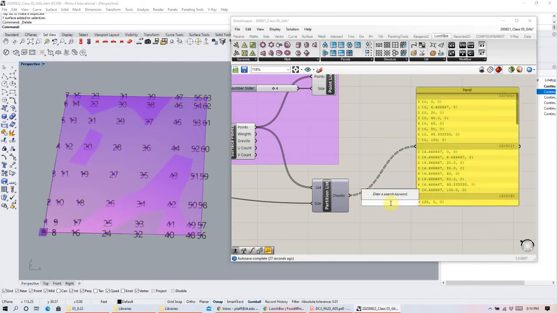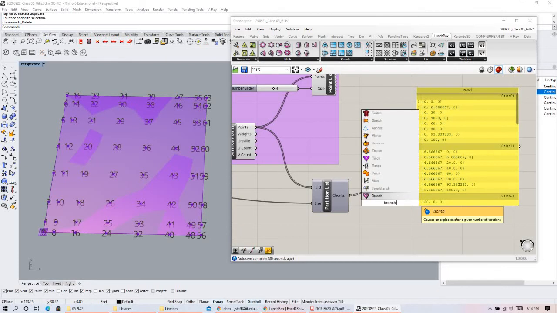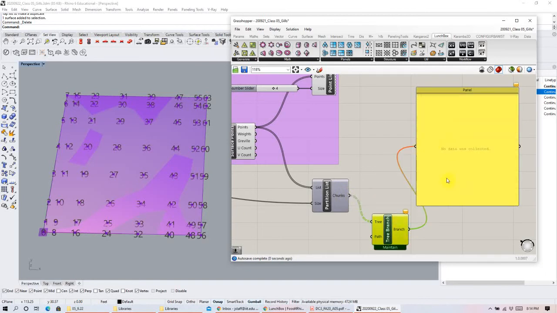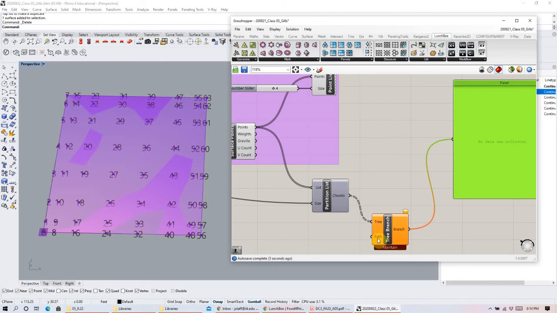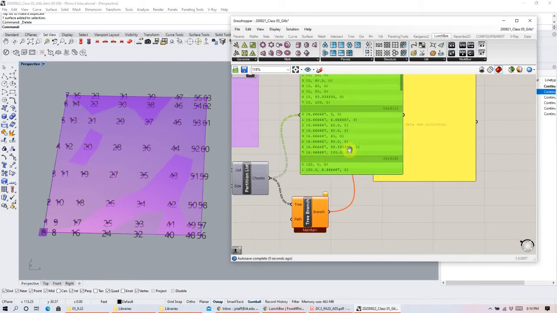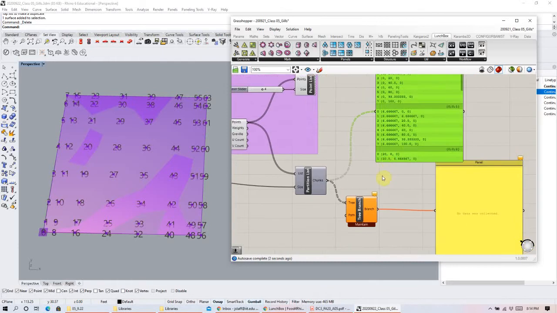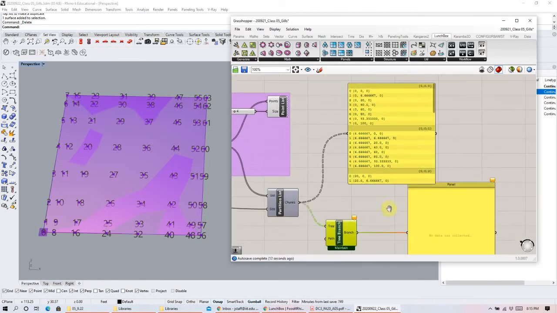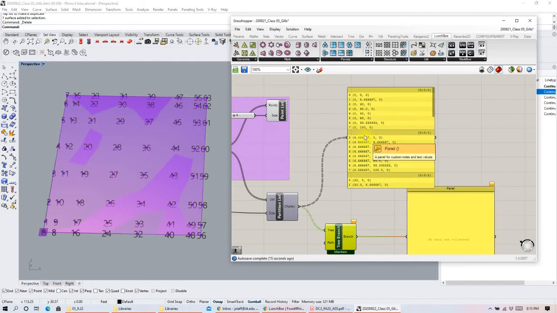Now if I do a branch, so I have a tree branch, and if I take this and input, it's going to say no data. Well, it's because we don't have a path for it just yet. But what we're doing is, let's copy and paste so we see both of these. What we're going to do with this tree branch is take really just one of these lists. That's what this is doing for us. It's going to select one branch of data